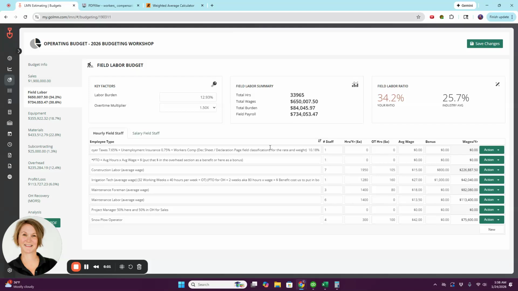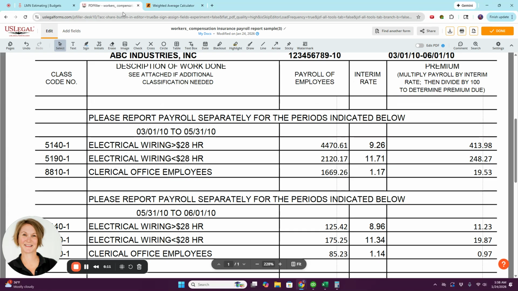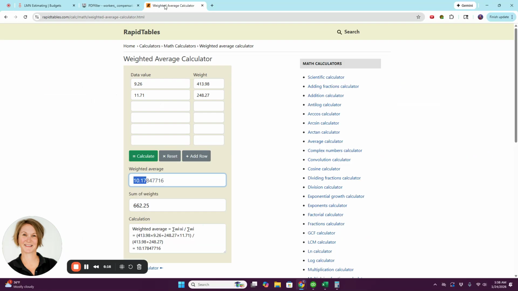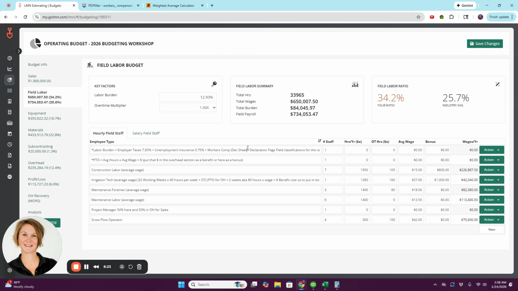How did I figure that out? So I found my deck sheet, declaration page, same thing. And I took the field classifications, emphasize that. And I found the rate and the weight that they gave it, took that information over here and plugged in that rate and weight to get a weighted average. Noting that here in this note and adding that 10.18